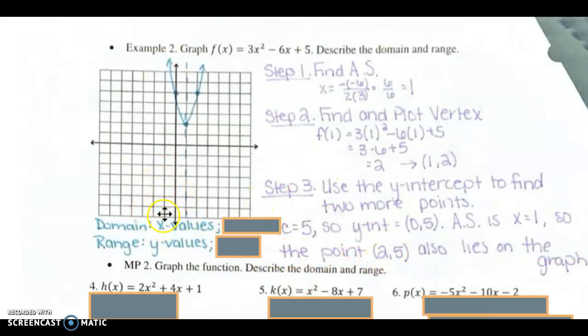Alright, so for domain and range, we'll just connect those points. Domain is always all real numbers, or negative infinity to positive infinity, however you want to write that. The range is the y values, so we use the y value of our vertex. And I have it written a little differently on this set of notes, but hopefully you remember,